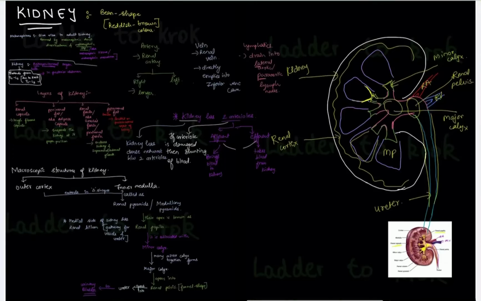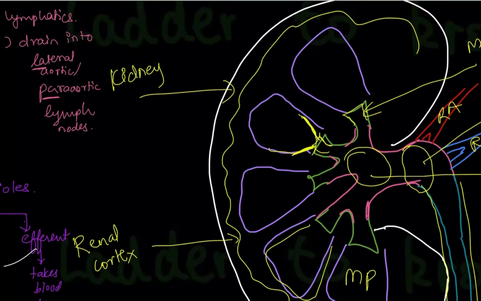Now we'll move on with the nephron, which is the structural and the functional unit of the kidney. Nephron, it is like this, somewhat situated. It has this Bowman's capsule over here, PCT. Then it has loop of Henle, which goes down to the medulla. Then it comes back again to the cortex, half in the cortex, half in the medulla. Okay, and there are many millions of nephrons present.